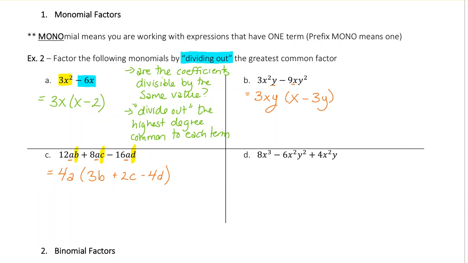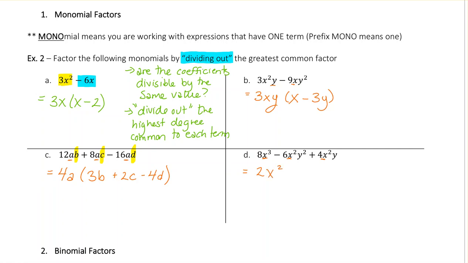Okay, and the last one here, same thing, you're looking at 8, negative 6, and 4. What is the greatest common factor that you can divide out of all of those? That would be 2. Now, are there variables in common with these? If you notice, the lowest degree term that you can take out for x is x squared. They each have at least x squared involved in their term, so you can factor that out of all three